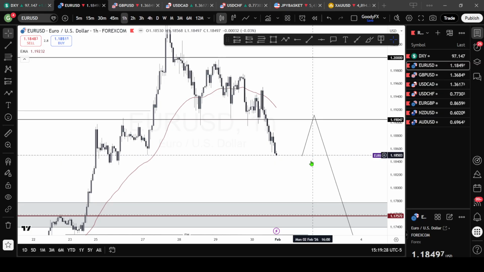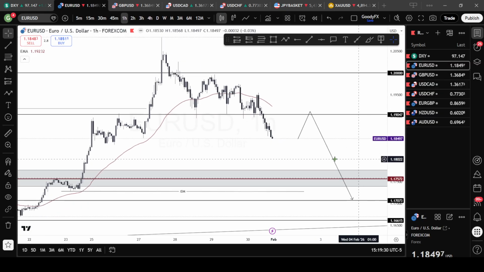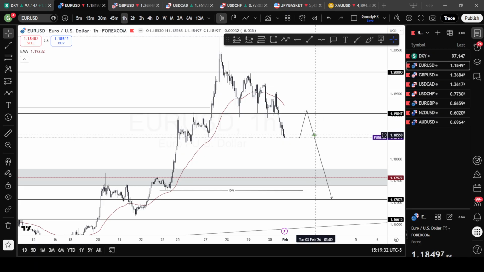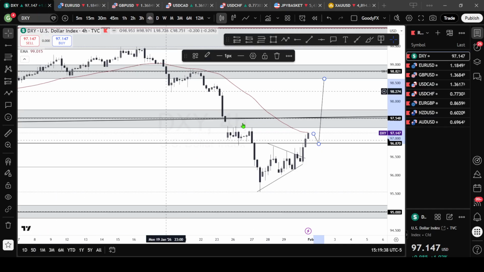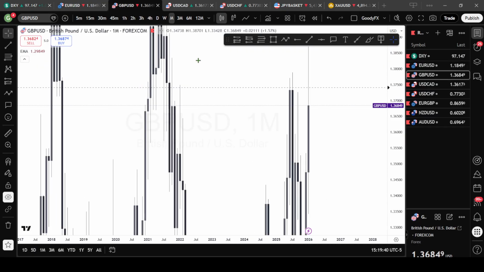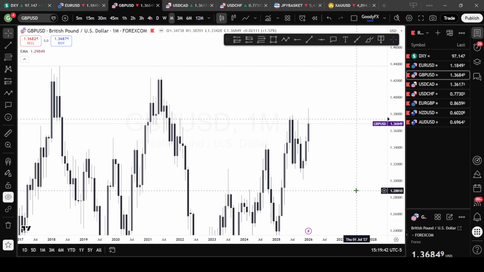So that's just it. I'm bearish on EU, so I'll be looking for sells from this level. So what I'll do is put an alert there, so if price comes there, it should alert me. Now for